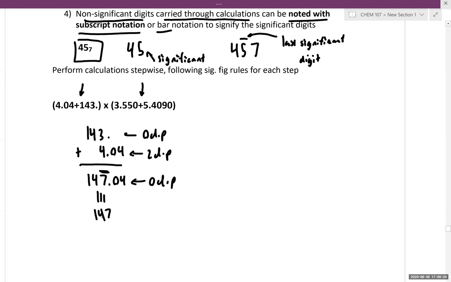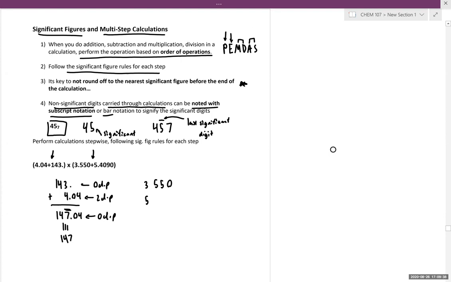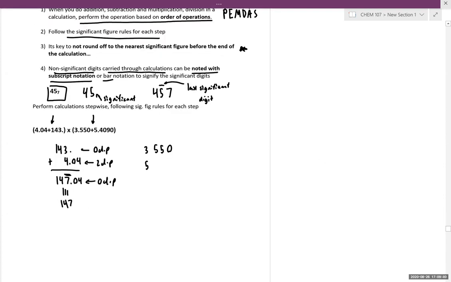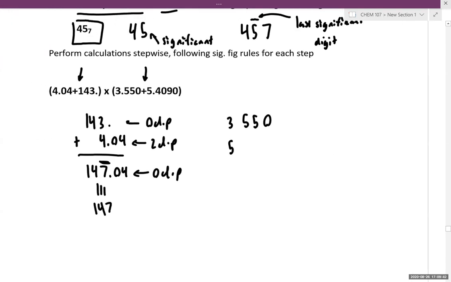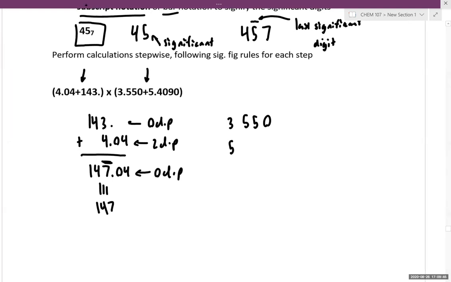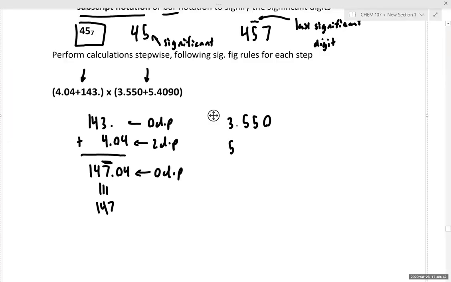Okay, so let's tackle our second addition operation. So we have 3.550, okay, plus 5, one moment. I'm noticing a small amount of lag in OneNote. So give me 1 second just to correct that lag. Okay, there we go. So we have 3.550 plus